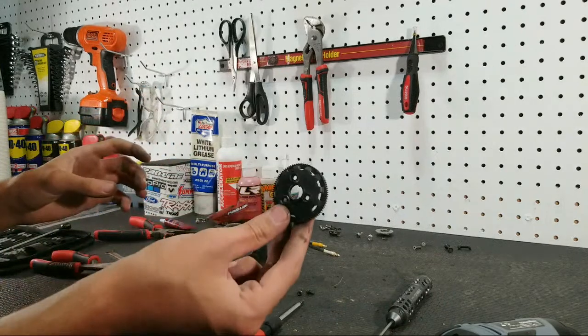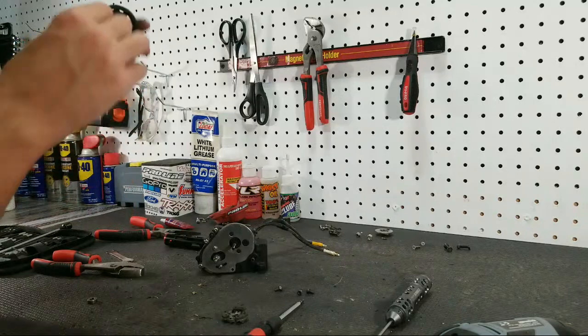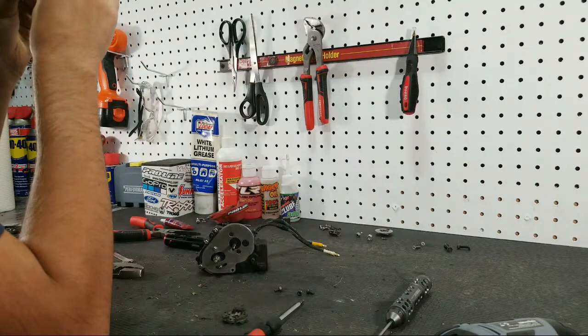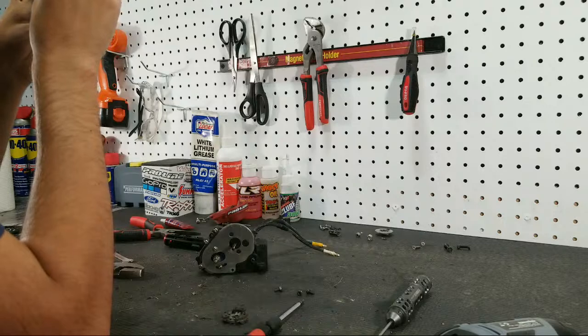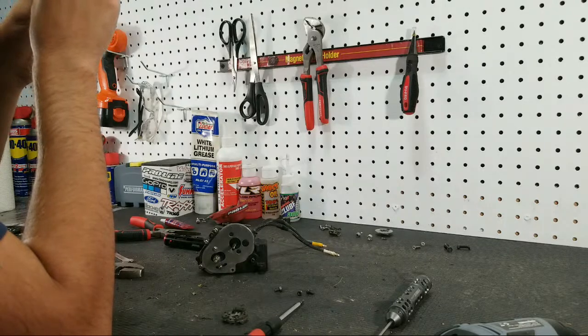Alright, so there's the old spur gear. It's not in an awful condition. I don't really know if I want to throw. Oh no, it is in bad condition. Never mind. I don't really know what happened,